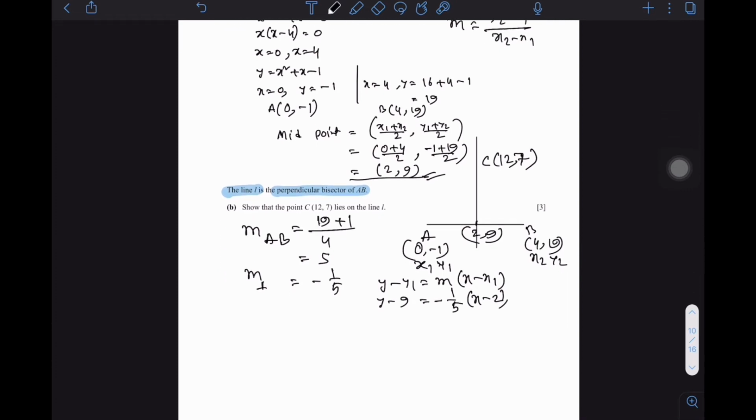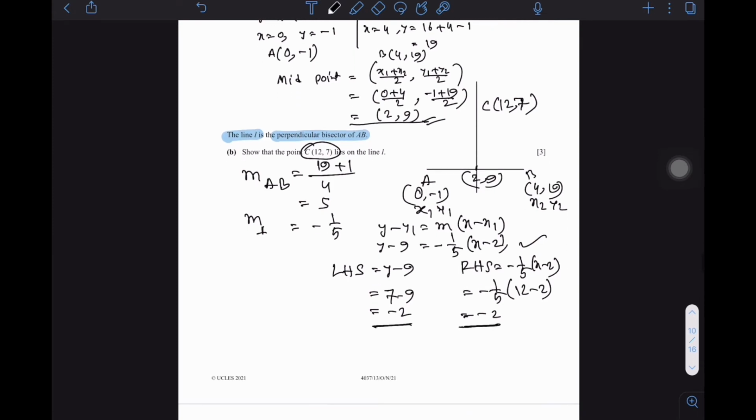So this is the equation, and to satisfy that this point lies on this line, the left-hand side and the right-hand side should be equal. Left-hand side y minus 9, that is 7 minus 9, so minus 2, and right-hand side minus 1 by 5 times (12 minus 2), so 10, 5 into 10, this is also minus 2. Now check these two are equal,